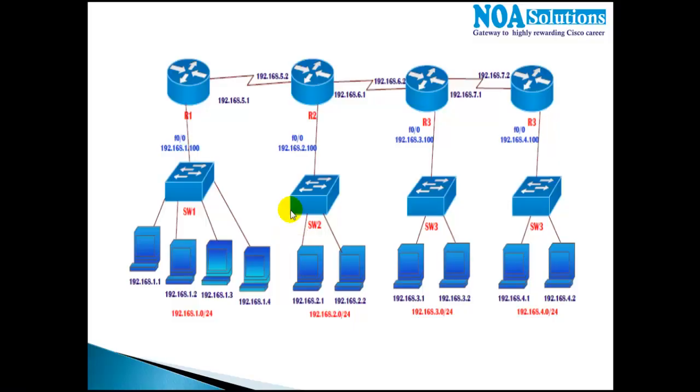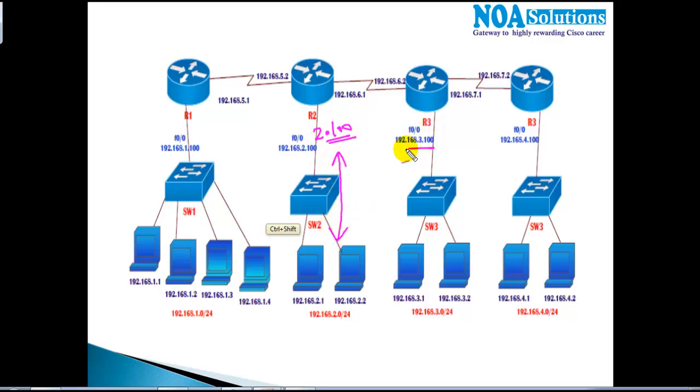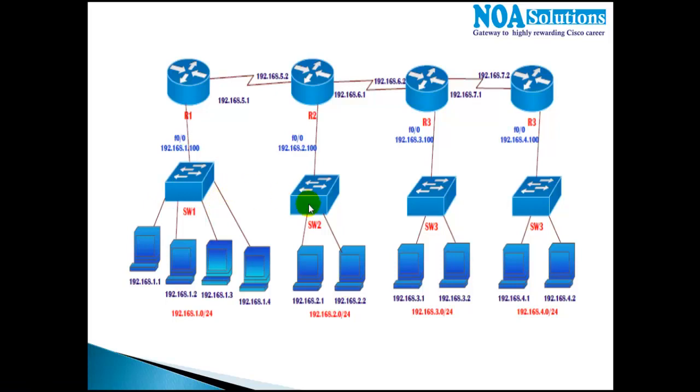Now in a similar way, if I verify the same thing here, I need to assign any IP address starting from 192.168.2.100. These two must be in the same network. Similarly here, 192.168.3.100, same network. And similarly here, 192.168.4, network. These two must be on the same network. So when you are assigning the IP addresses, the router Ethernet IP and the LAN must be in the same network. So just ensure that they are on the same networks.